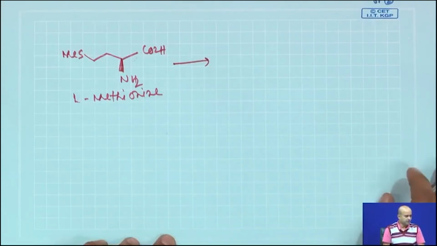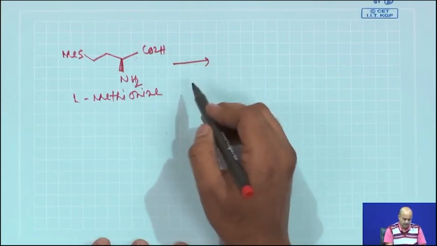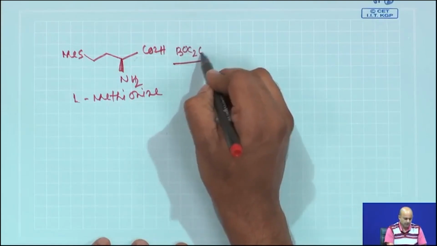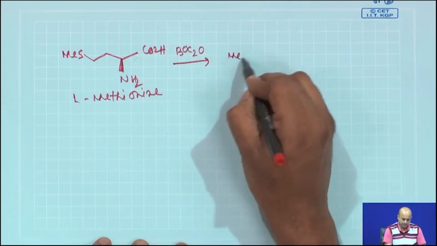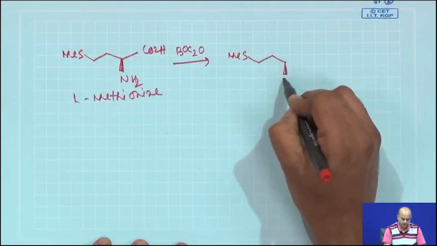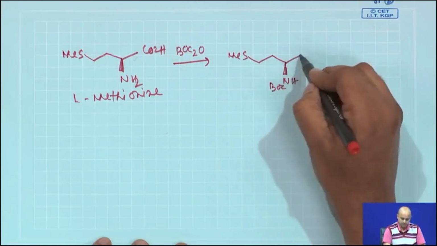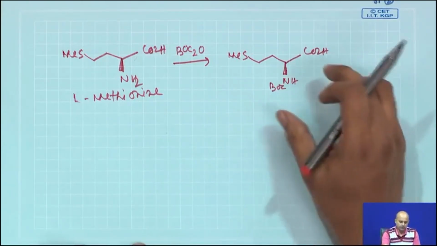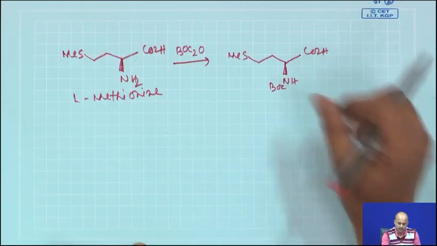So, first with this L-methionine, you do a similar kind of reaction. First you protect with Boc anhydride. So, you get this part, your NH Boc and your CO2H. Now, as we need to construct the enantiomer,